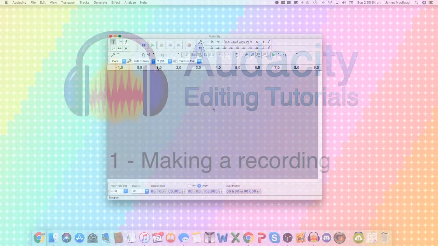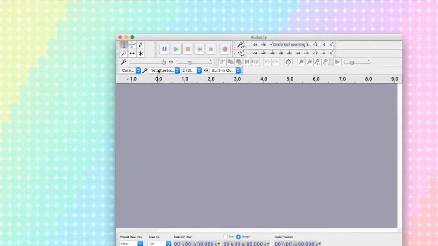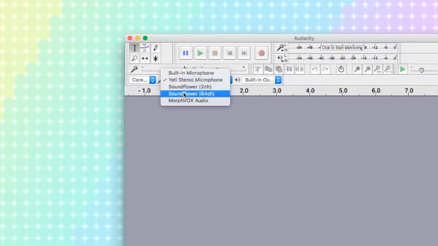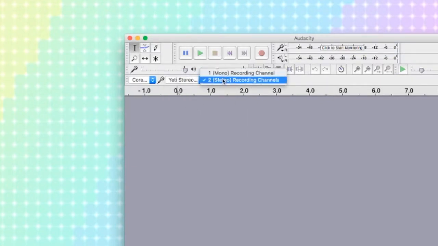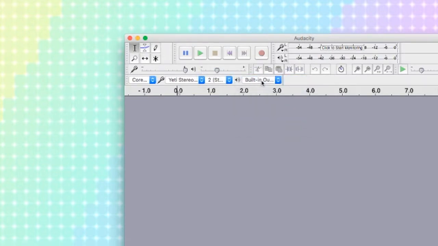When you want to record something in Audacity, there are a few checks to do first. Firstly, use this drop down to select the desired microphone you want to record with. Then, this next drop down allows you to record in mono or stereo. The final drop down is the audio output, which is where Audacity will play back when you listen through your